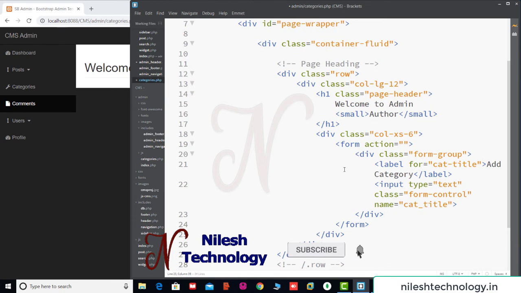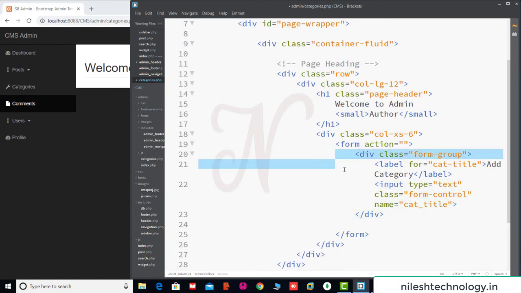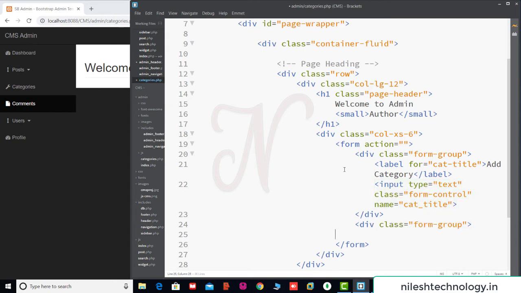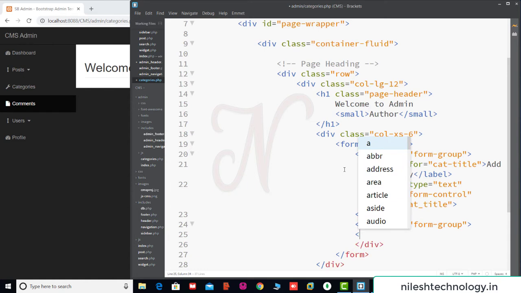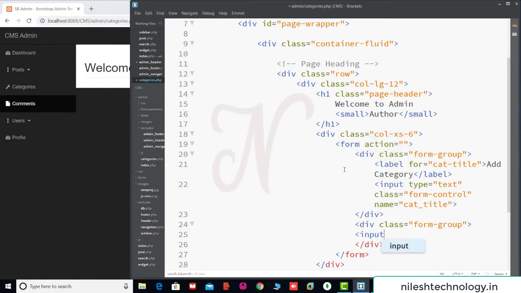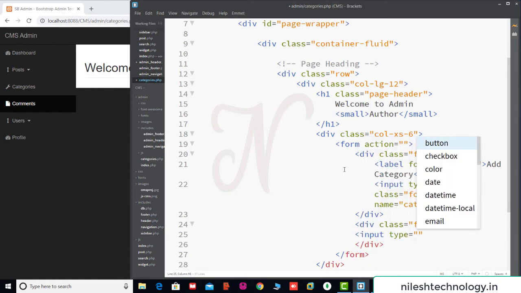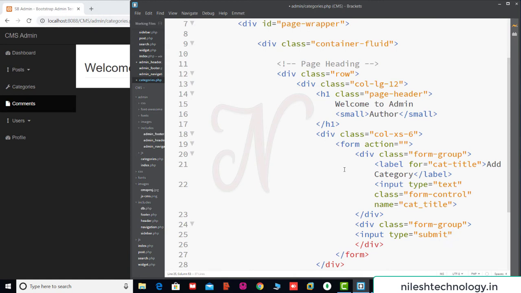Then there is one more form group. So here we copy this div tag for the button, and here we give the input type equal to submit.